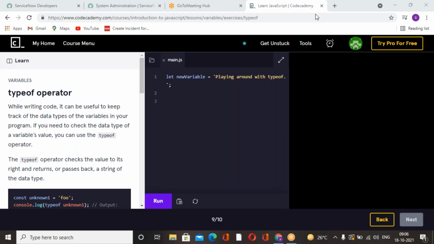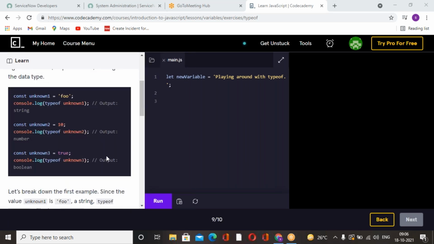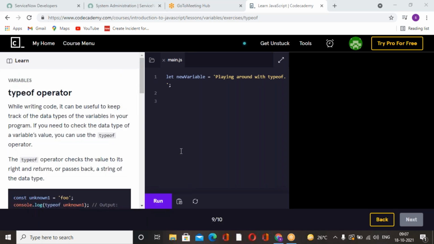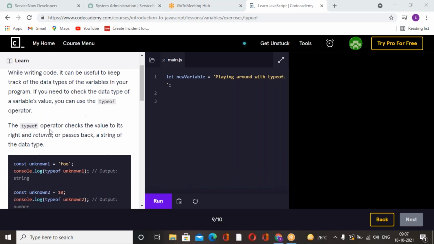When you pass any value in your code, the system understands what kind of value it is. That may be a string, a Boolean, a number, or other types. While writing code, it can be useful to keep track of the data type of variables in your programming. If you need to check the data type of your variable value, we have to use the typeof operator. For example,